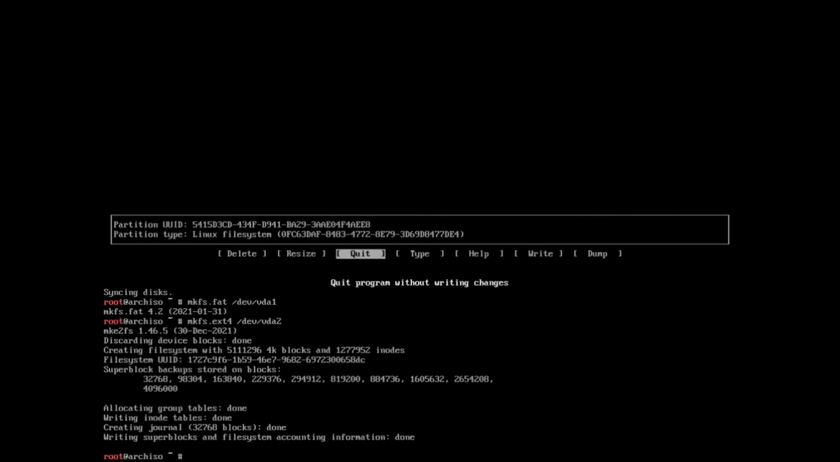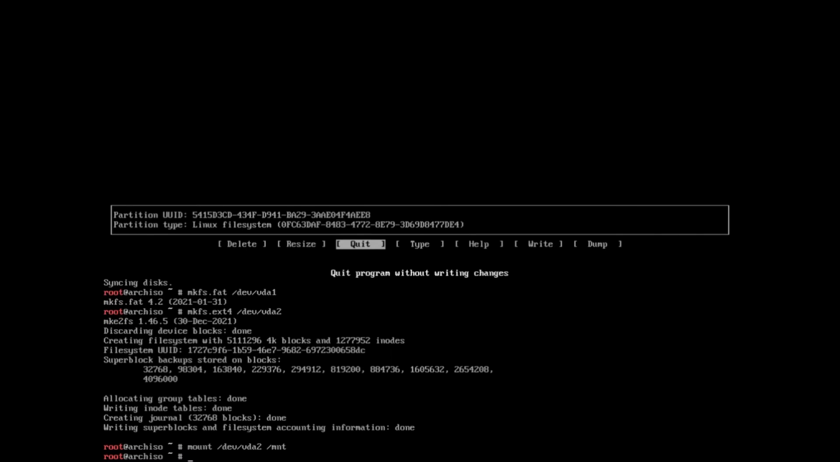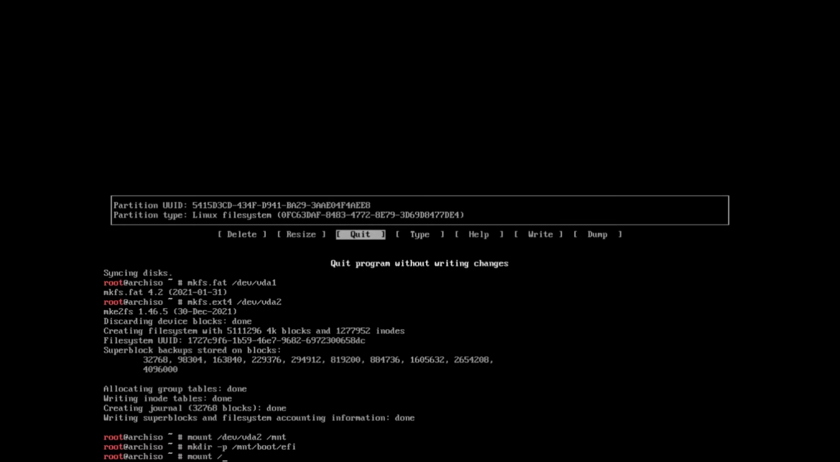Now our drive is all partitioned and formatted, and now it's ready to be mounted. So what I'm going to do is mount our root partition to /mnt, since that's the convention. And then for our EFI system partition, we're going to create the EFI directory for it. So we're going to do mkdir -p /mnt/boot/EFI. There you go. And then we can mount our EFI system partition